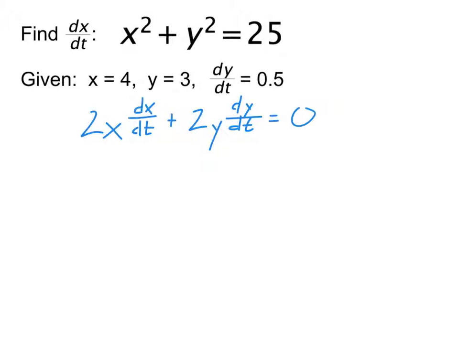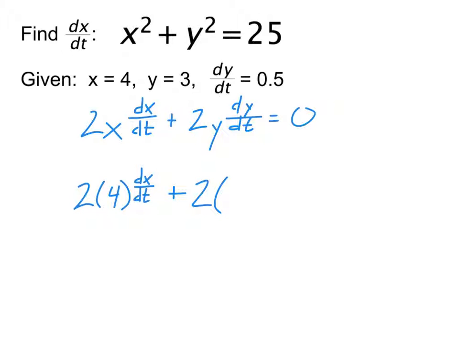But in this case, I know a bunch of values. So I'm going to start plugging those values in. So I know x equals 4. So it's going to be 2 times 4. Next up is dx over dt. Do I know what dx over dt equals? No. In fact, that's what I'm being asked to find out. So I'm just going to leave it as dx over dt for the moment. Plus,